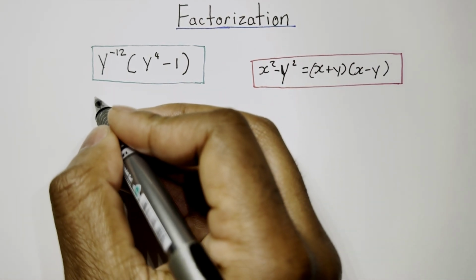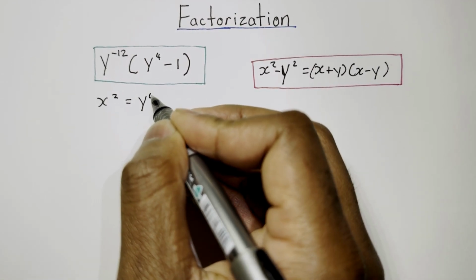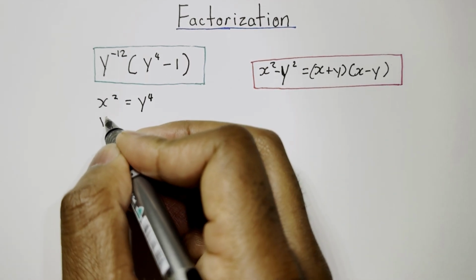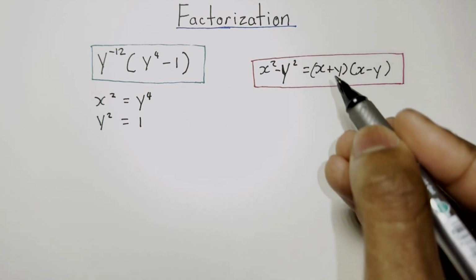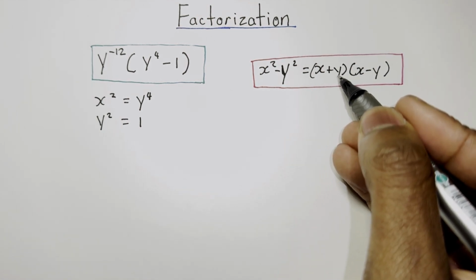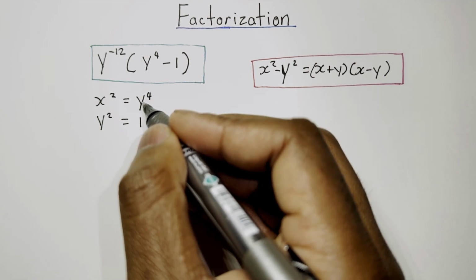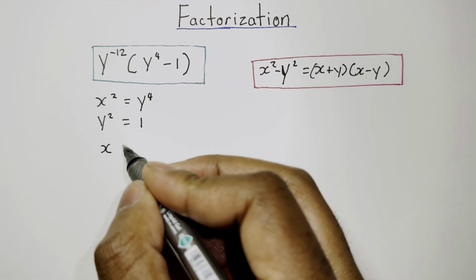In this expression, x squared is y raised to the 4th power, and our y squared is 1. In order to find our x and y terms, we need to find the square root of these values respectively. So first, to find our x,